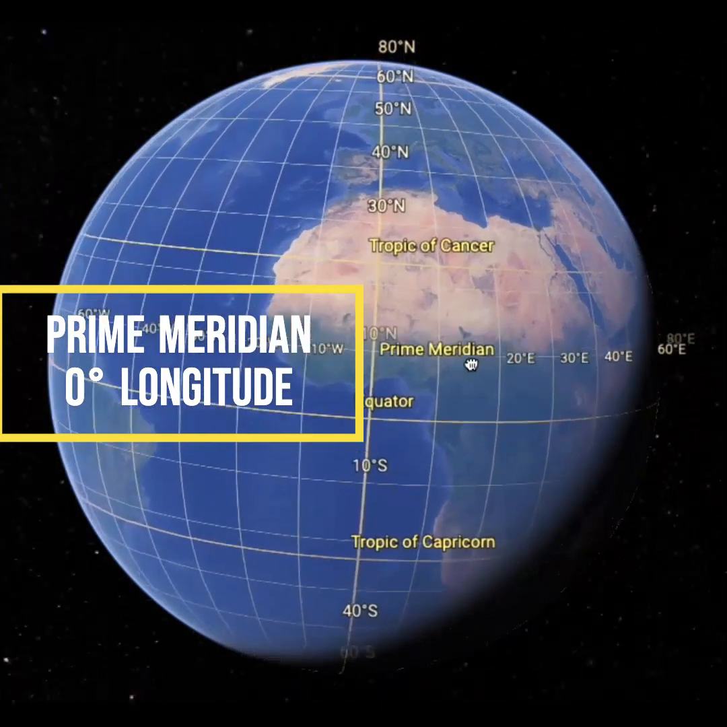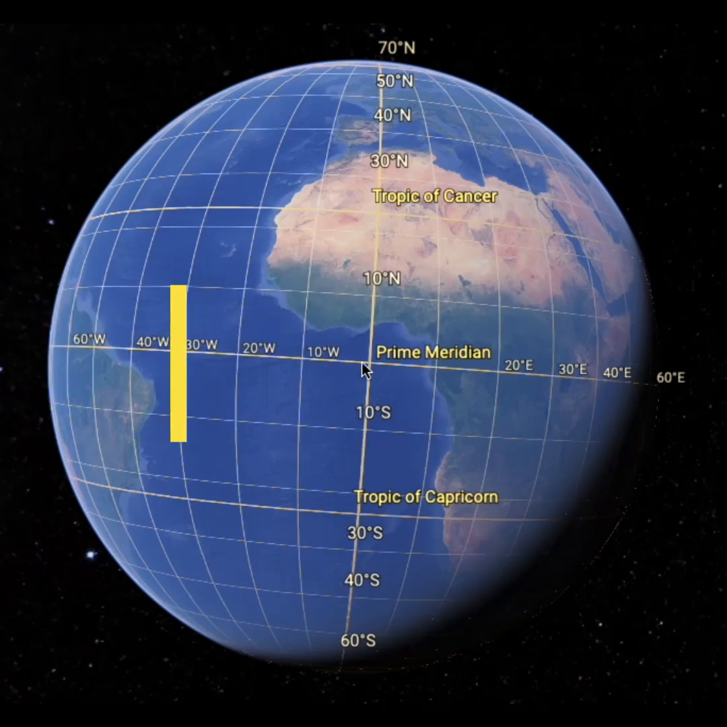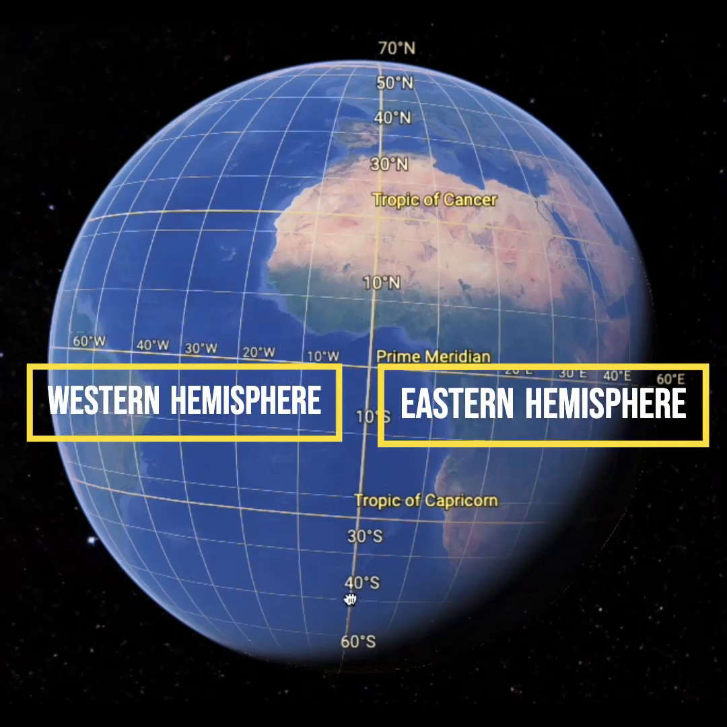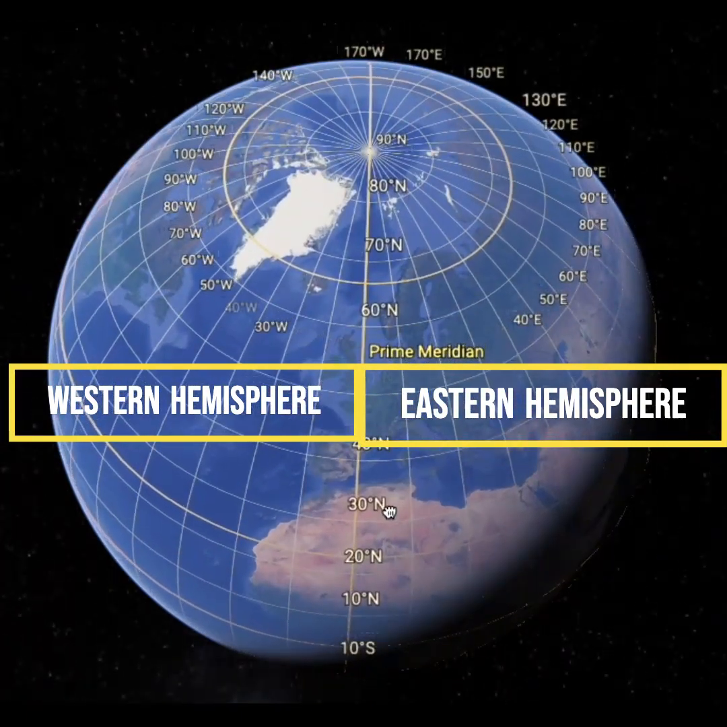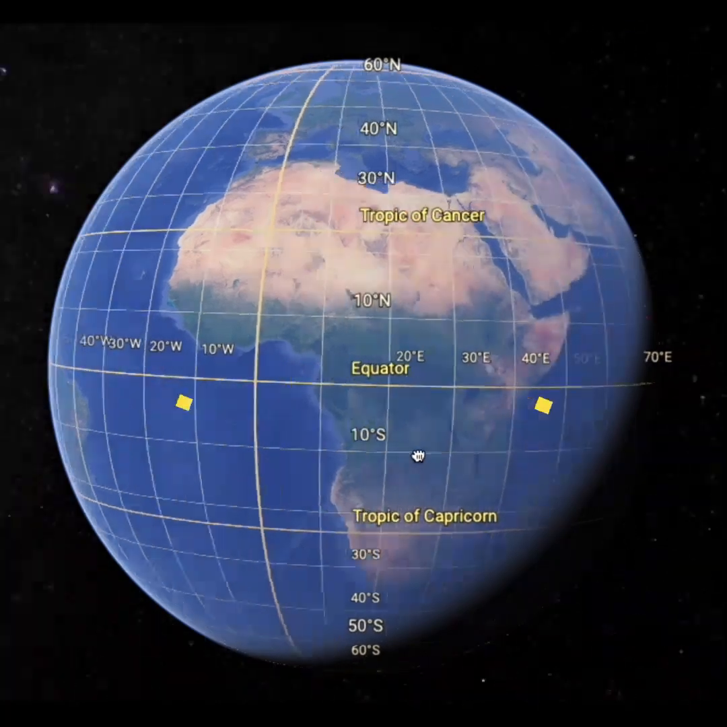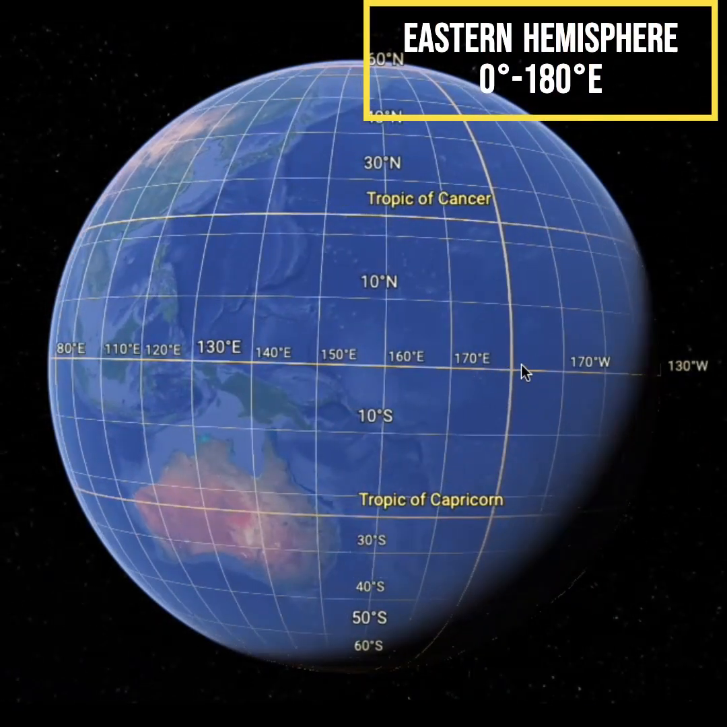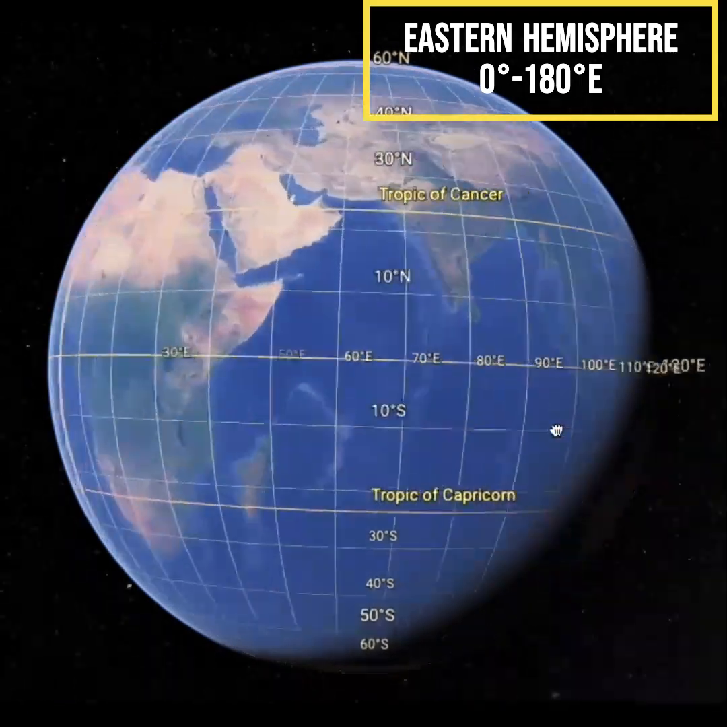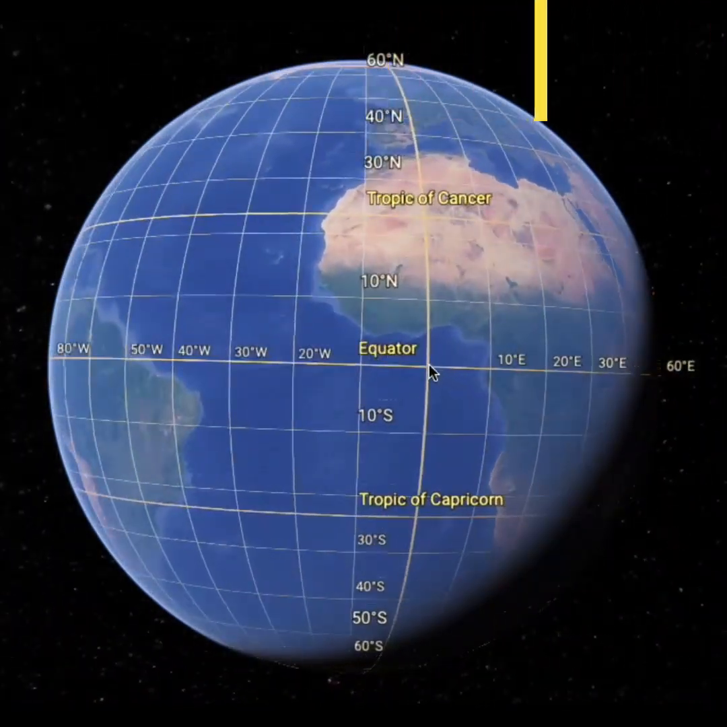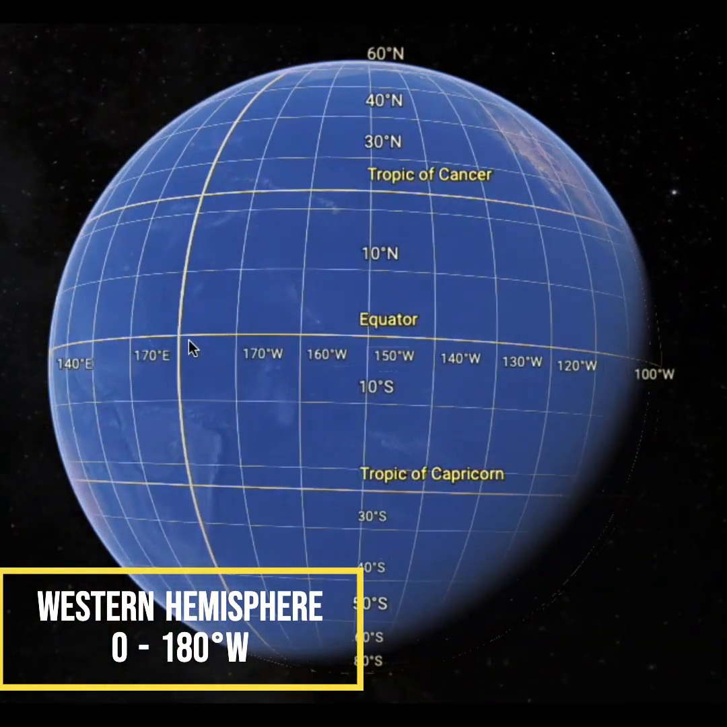This reference is defined as 0-degree longitude. This vertical line passes across the globe, as shown. So, this prime meridian line divides the Earth into Western Hemisphere and Eastern Hemisphere. The lines passing through the eastern part are written as 0-degree to 180-degree east, and the one which passes along the Western Hemisphere is written as 0-degree to